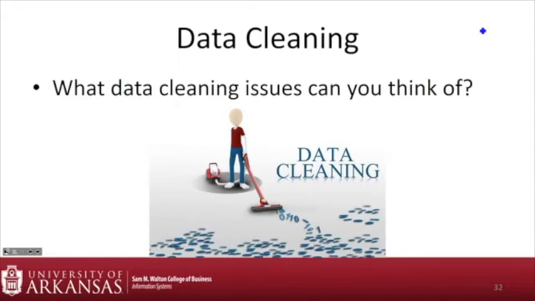We can't do any of this stuff unless we have data. But we gotta have good data. If we're gonna take all the time to get a good sample, once we have a really good sample, now we need good data from that sample. Okay? So when you're thinking about looking at a data set, what kind of issues can you think of that can mess up your data set?